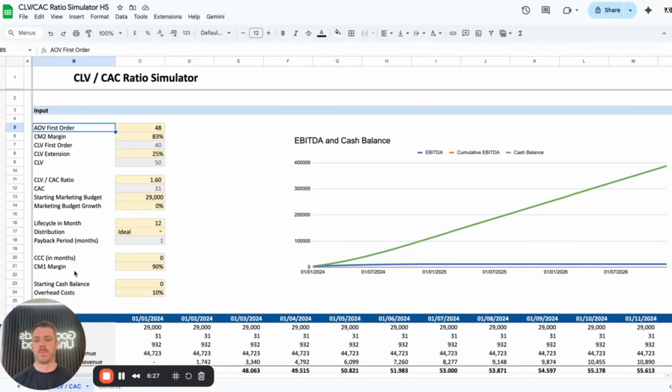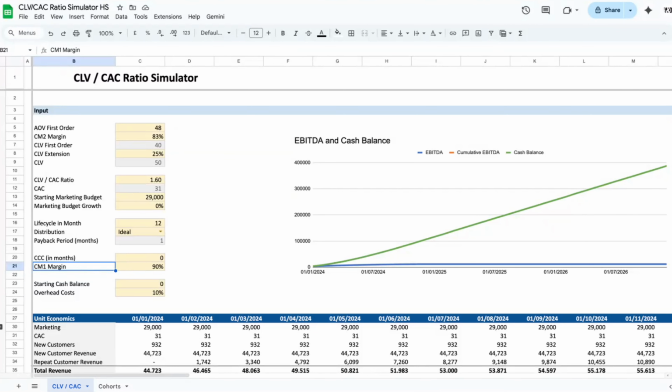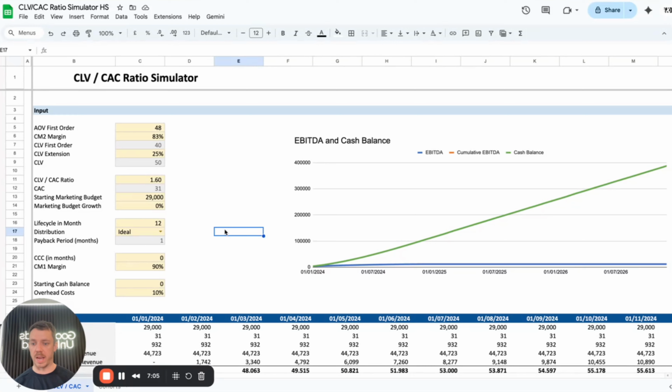Then you need to understand the so-called CM1 margin in your business. GetCloud does this automatically when you apply all of the features within the platform. CM1 stands for contribution margin 1, and it's a key financial metric that takes your revenue minus your COGS, your cost of goods sold, and that is how much profit remains to cover operating expenses, such as marketing, logistics, and all other things. Usually this is expressed as a percentage, okay?